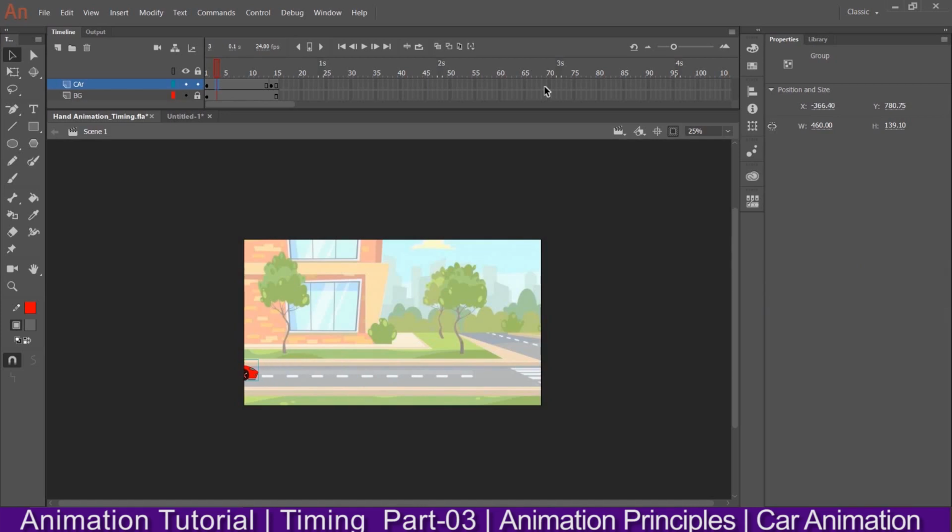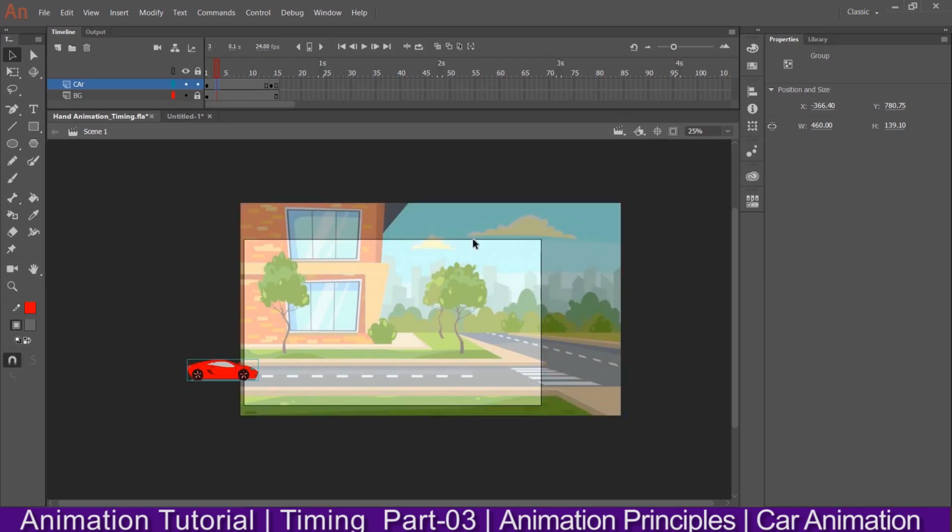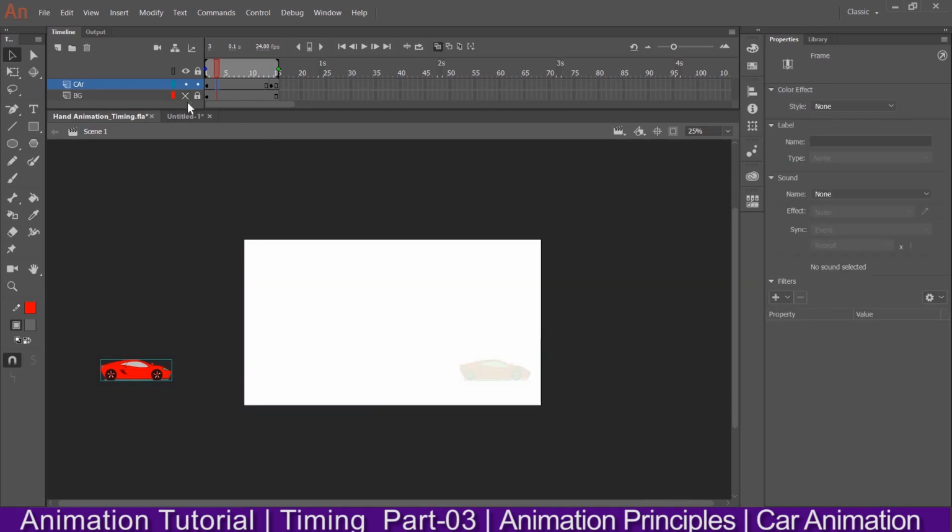Okay, so for this what you have to do, you have to hit this one, that is you can see the content outside the stage. If you hit this one, you can see it. Okay, so shift it up to here. It's up to you how much speed you want, because if you want more speed, then more spacing should be there between two drawings. So I'll open the onion skin over here, and this is the end point. I hope it is visible. If not, then you can hide the BG, and BG means background, and now you will see the position of the car.